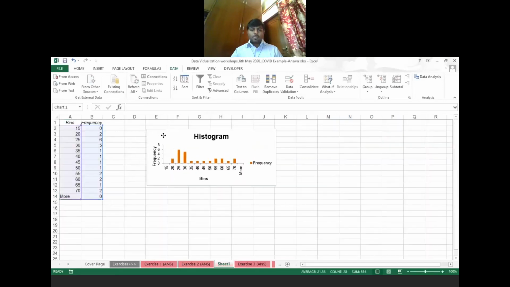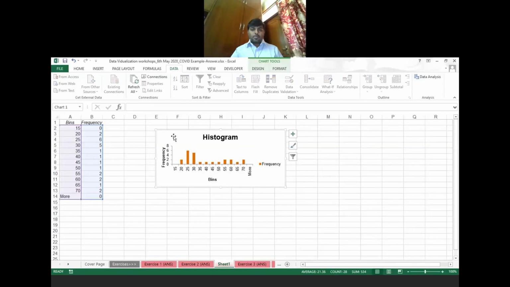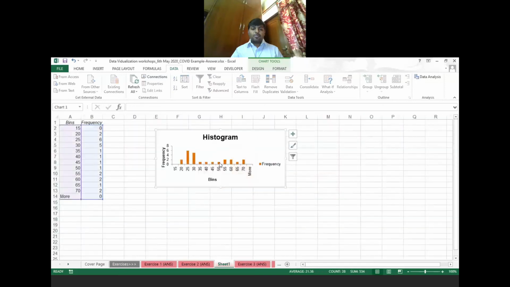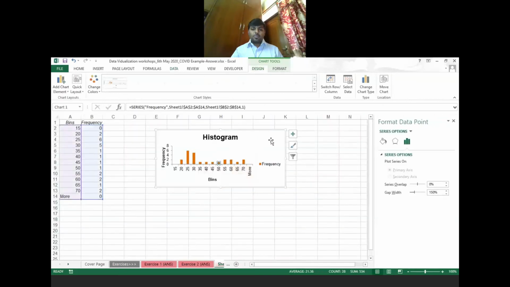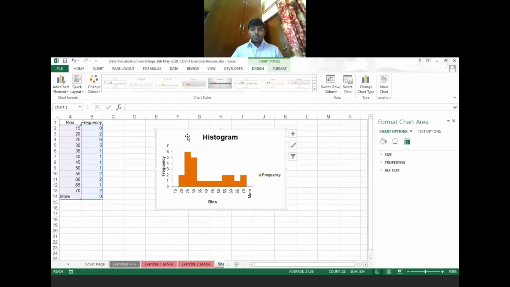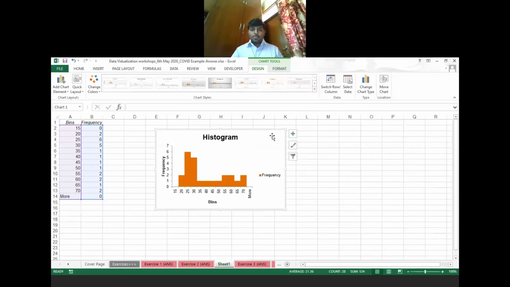You'll get a histogram like this. Market packs in your Excel.